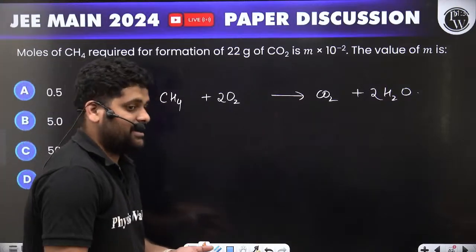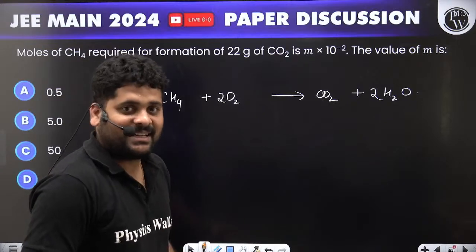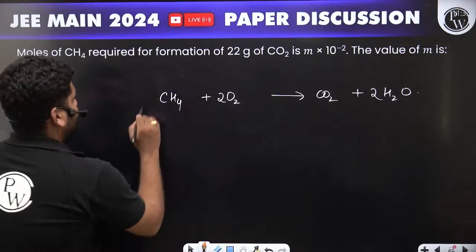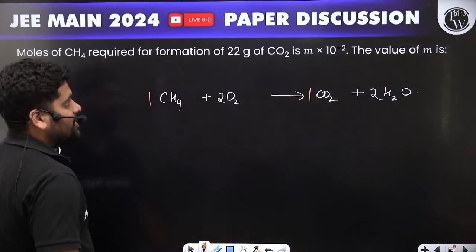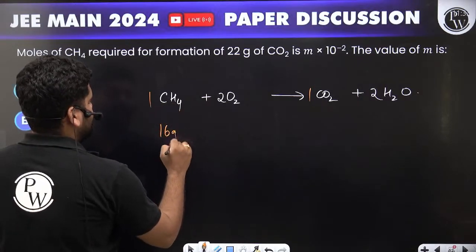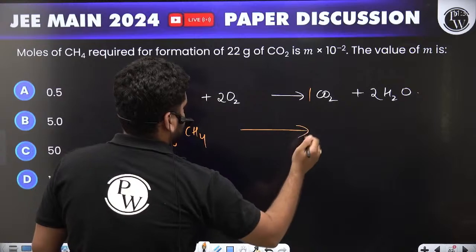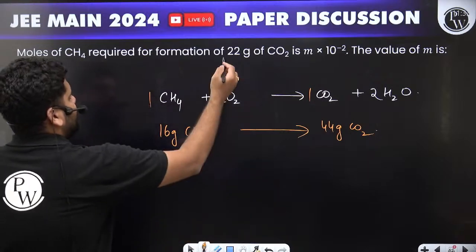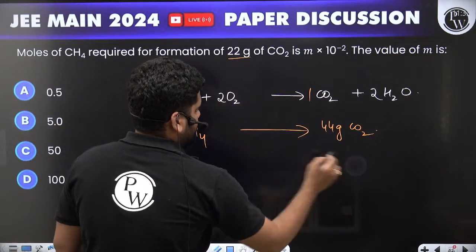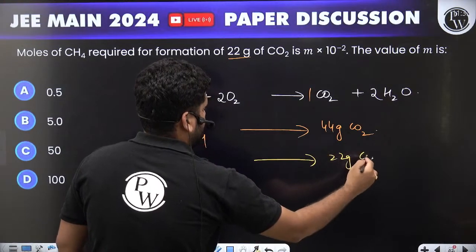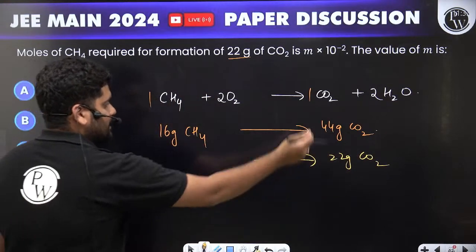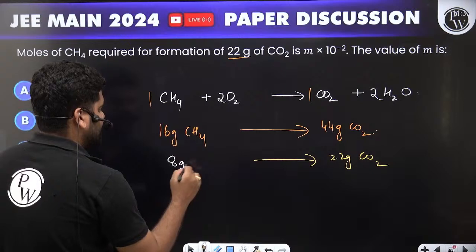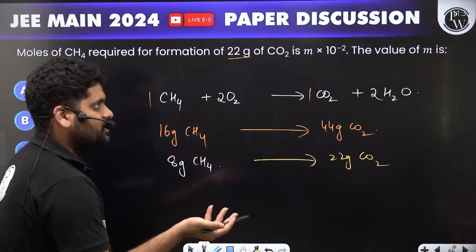Right. So those who are in 11th standard also will do this. Let us say there is a person who has just started 11th standard, that person will be able to do this question. Okay, right. So here we have 1 mole of methane produces 1 mole of carbon dioxide, right? Molar mass of methane is 16 grams. 16 grams of methane produces how many grams? Molar mass of carbon dioxide is 44 grams of CO2. In the question, we have 22 grams of CO2. This is becoming half, so this will also become half. The mass of methane required would be 8 grams. That's it. 8 grams of methane will be used.